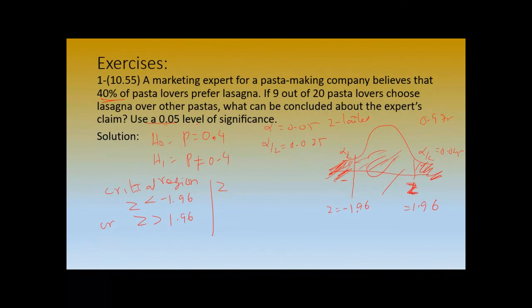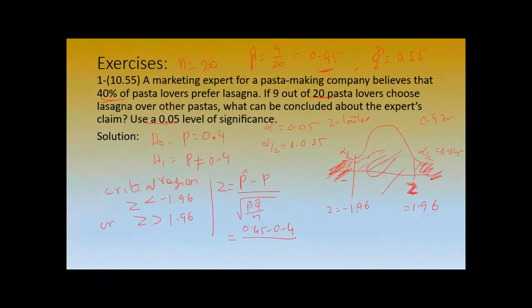Now calculate the z value. What is P cap? Here 9 out of 20 is P cap, which is 0.45. Obviously Q cap is 0.55 because 1 minus P cap, isn't it? And what is the sample size N? 20 pasta lovers. Now calculate this value: P cap minus P, the population parameter, divided by the square root of P cap times Q cap divided by N. That is equal to P cap 0.45 minus 0.40 divided by the square root of 0.45 times 0.55 divided by 20. When you calculate, the z value will be